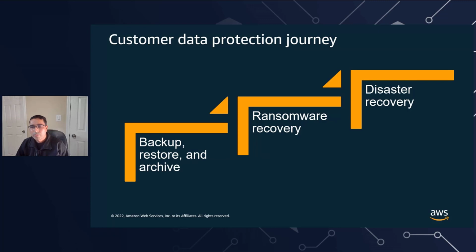So once they get into the cloud, they start using our services. Once they get familiar with AWS services, then they want to protect some critical pieces of information, let's say financial information. They go for what is called ransomware recovery schemes within the cloud. And after that, when they start looking at the overall applications, they go with a disaster recovery implementation. So we'll go through all these different steps in the cloud data protection journey. Along with these data protection